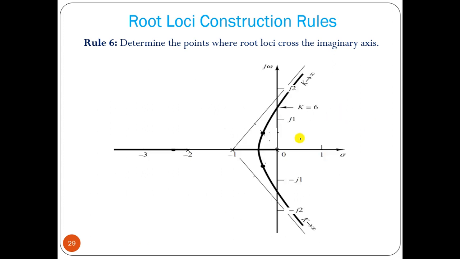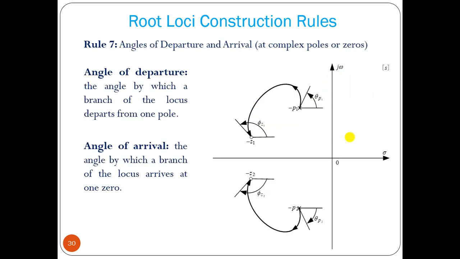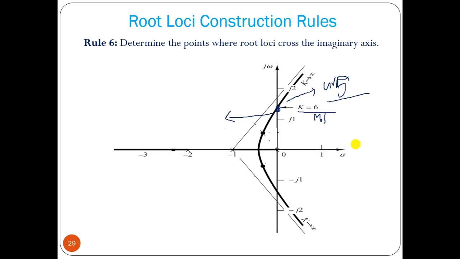Okay, so this is the plot that I have shown. So this is the breakaway, and this is the point that is your root 2 value. Okay, k equal to 6. So k less than 6, system is stable. Equal to 6, marginally stable because poles are on the imaginary axis. Greater than 6, system becomes unstable. Okay, that we can decide very easily. So this is another rule.